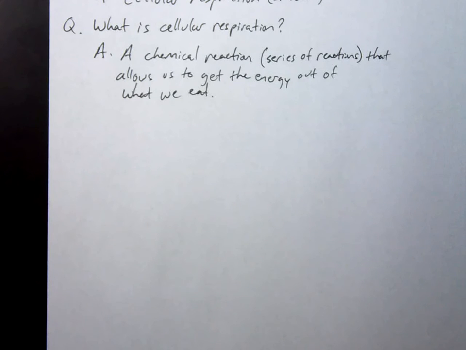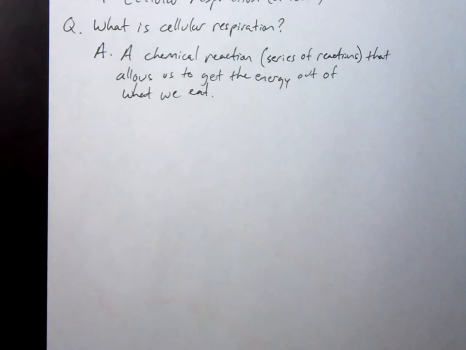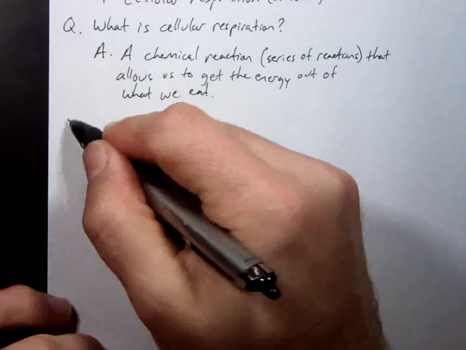We can liberate the energy in things in a bunch of different ways. I could take a bag of Doritos and light it on fire, for example. The energy would be released in the form of heat. But that doesn't happen in us. We don't have a fire that releases the energy inside of us, otherwise we would all just spontaneously combust. It would be terribly inconvenient. So, we do the releasing of the energy in a chemical way, using chemical reactions. And here is the next question.